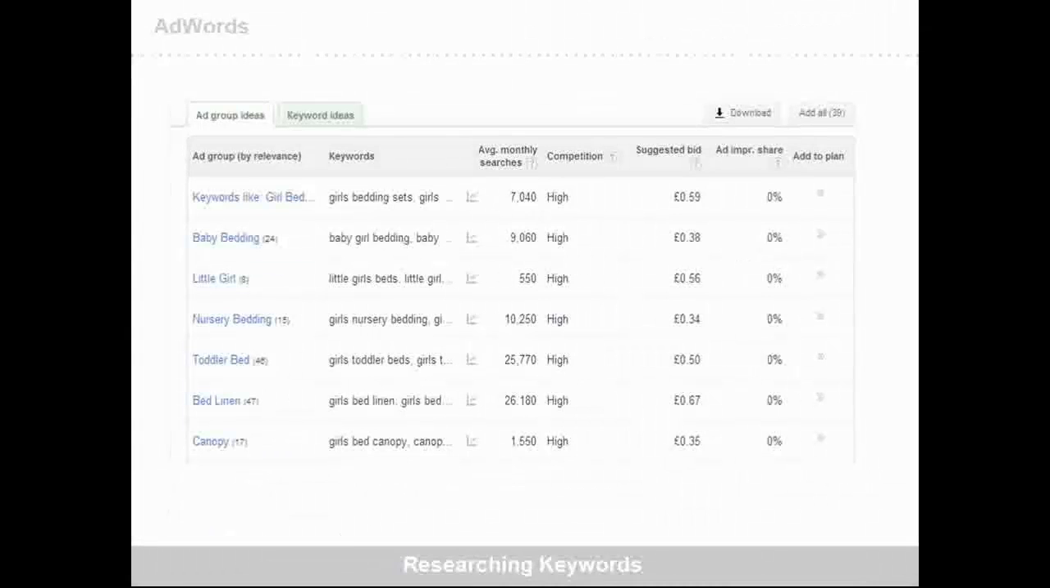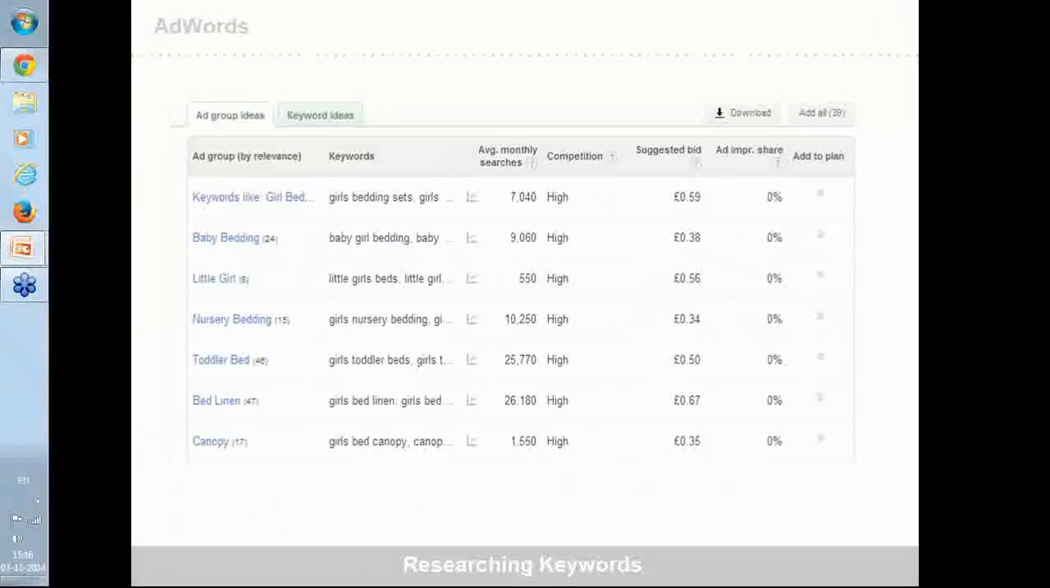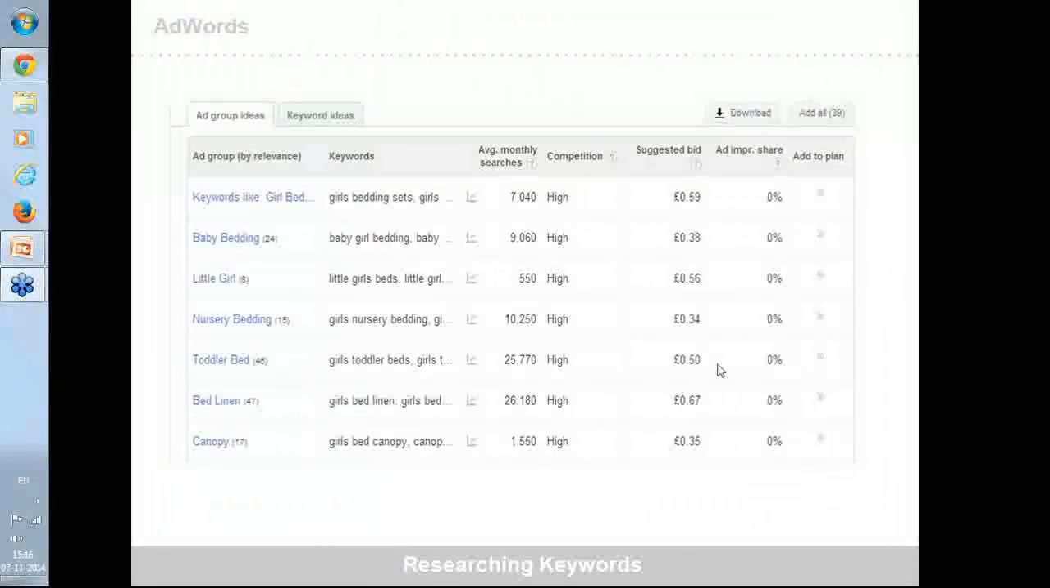So you can decide to go with broad match. You can decide to go with exact or phrase. You can also decide to add entire ad groups to your plan. If you don't want to look at individual keywords, if that's too time consuming, you can just look at the ad group ideas. Now, if you see, the ad group names are highlighted in blue. And if you hover over the keyword next to each ad group,